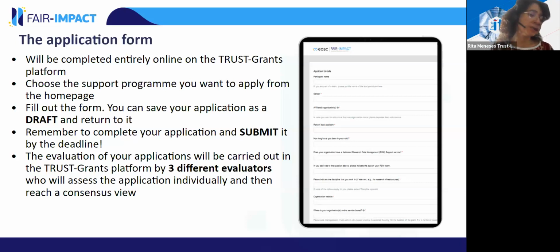An important thing is that, and John will go further into detail on that matter. So the applications will open on the 30th of August, so this week on Wednesday, and they will be open till the 1st of November. So you have 2 months